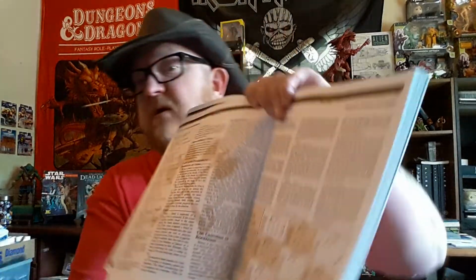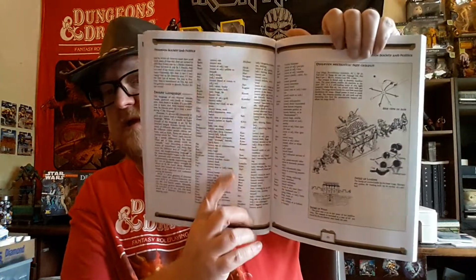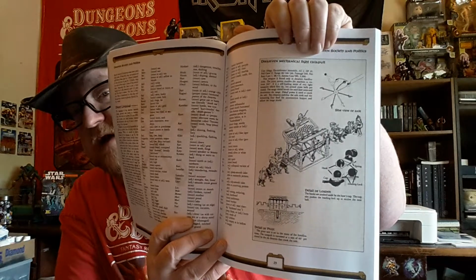Oh, we have the Dwarven calendar, which talks about important dates in the Dwarven calendar along with the phases of the moon. So that's pretty cool. The dwarf language and how it's broken down, and there's a lot of that, and then illustration of dwarven inventions and how they work. The illustrations in here are just phenomenal. All right, character advancement in Rockhome, time and manpower,